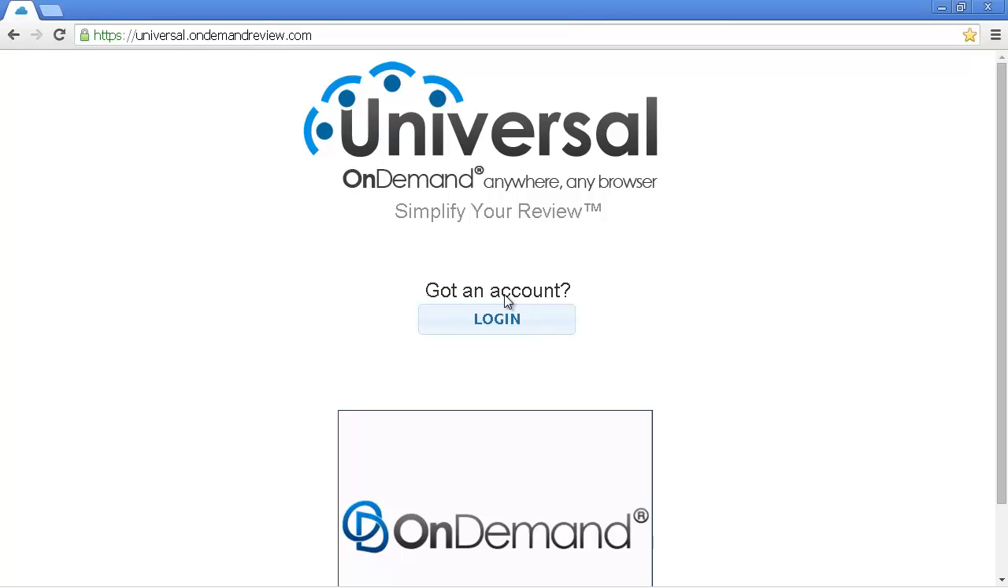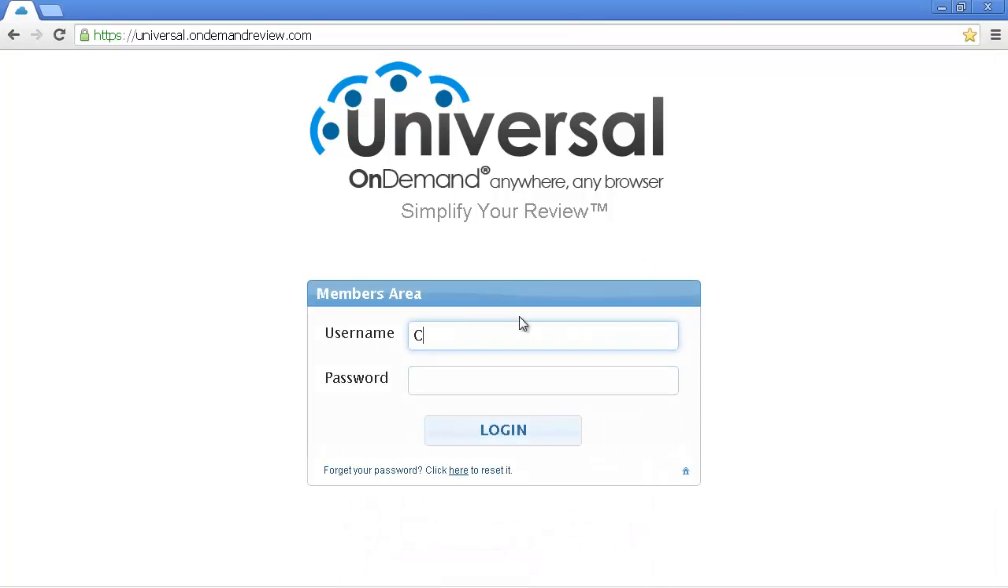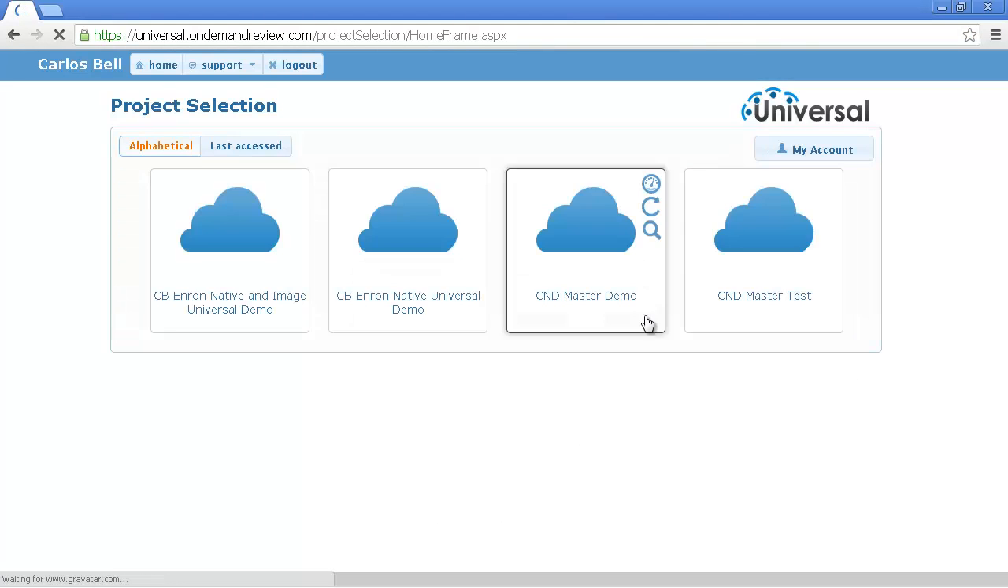My browser is open to universal.ondemandreview.com, and I click to log in here to enter my user credentials. This is the main landing page of OnDemand, and you'll see your dashboard at the top with quick link icons to your most important options, such as coming back home here to this screen from anywhere within the software,